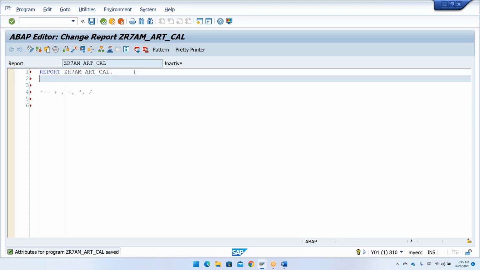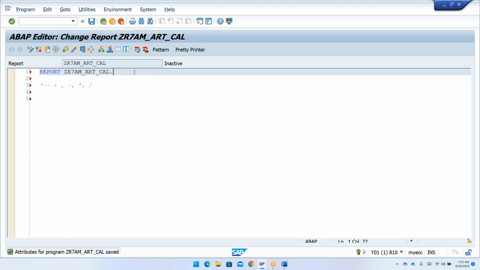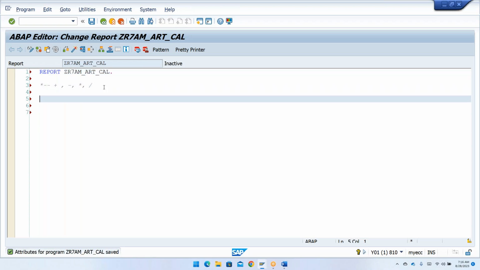So I can tell you that you can work using the data declarations, or you can work directly with your